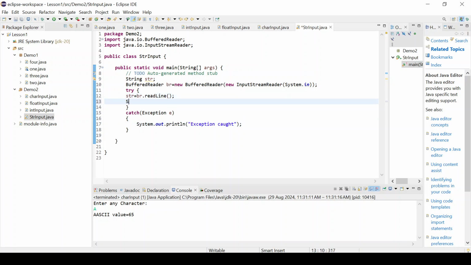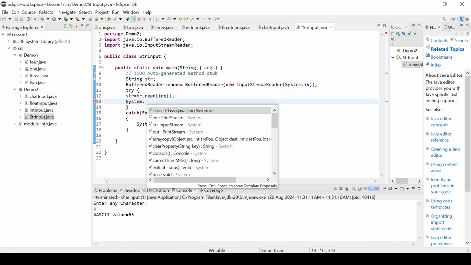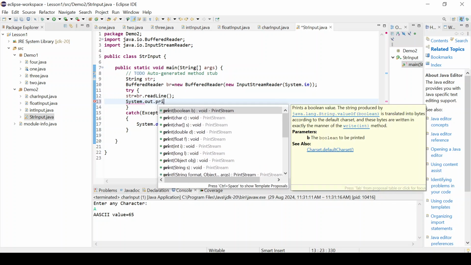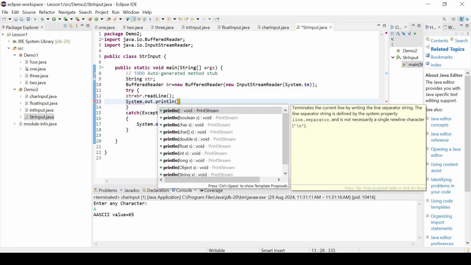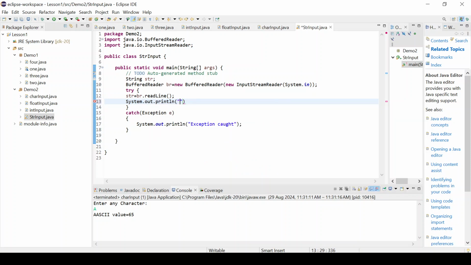So to print string, System.out.println, and string is equals to, and outside double quotes we have to put plus and variable name, that is str. Save, run. So it is asking, we haven't given any message, so here we have to put that message,